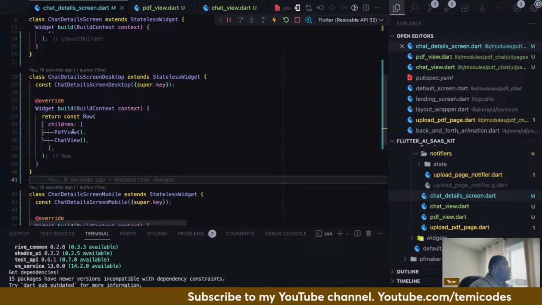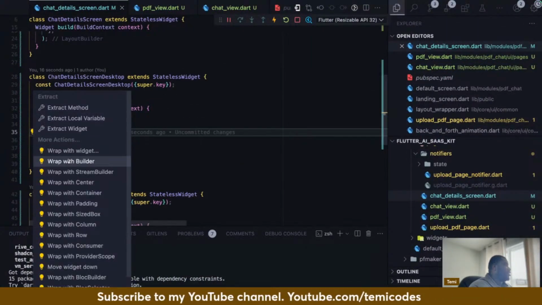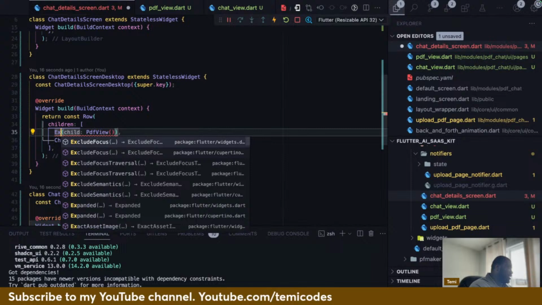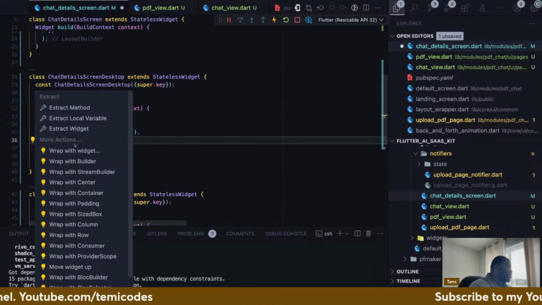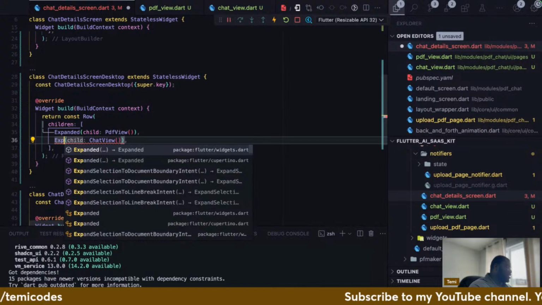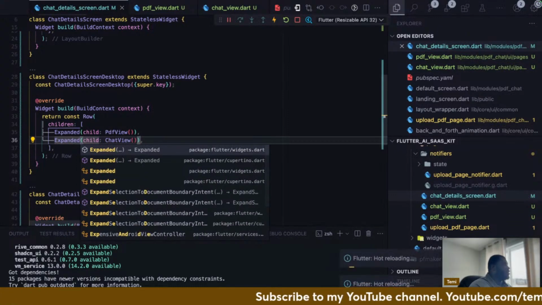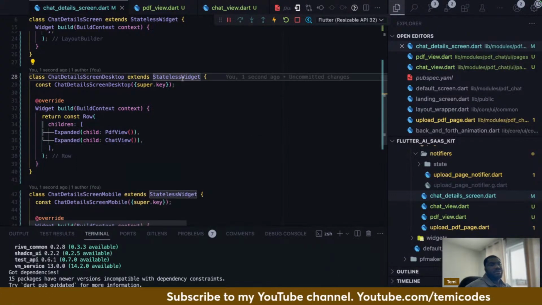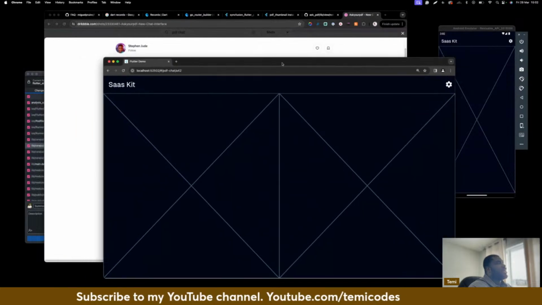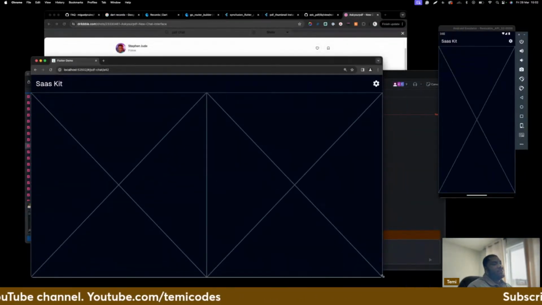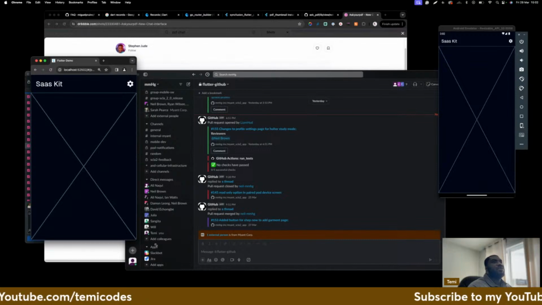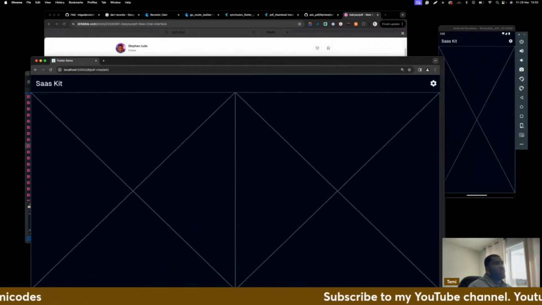Okay, so here we just wrap the child view in expanded, I guess. Then we have this nice layout. And when you shrink, you get the mobile view. Ooh,